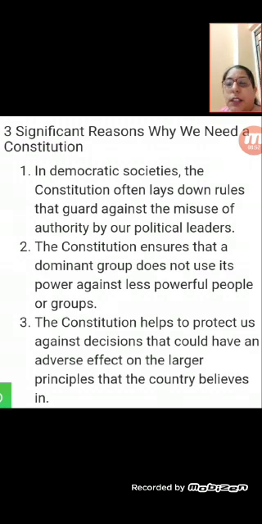Not only that, the third significant reason why we need the constitution is that the constitution protects us against some of the decisions that we may feel are in our interest right now, but when we see into the long run, they are not good for us. Sometimes looking into the party politics, people may feel that in the country it should be dictatorship and we should be having the dictatorship government so that only one person can govern the country. But yes, for some time it may be good, but for the long run it is especially against the rights